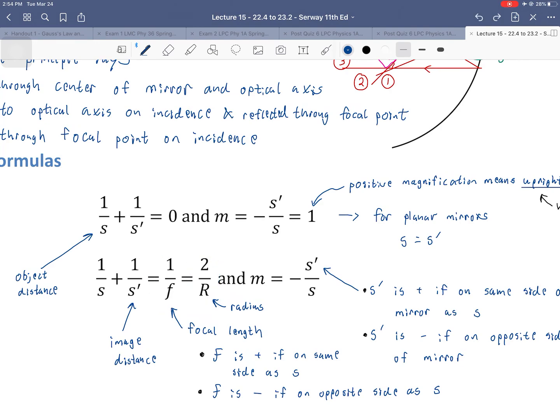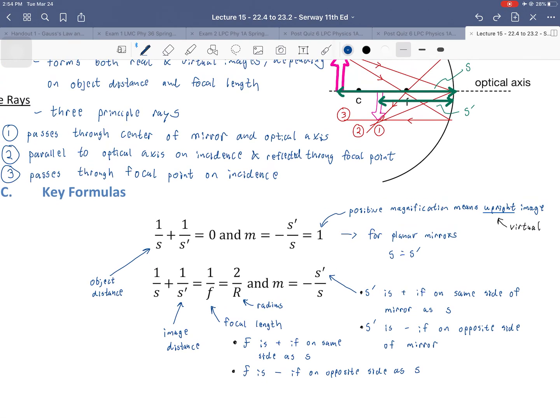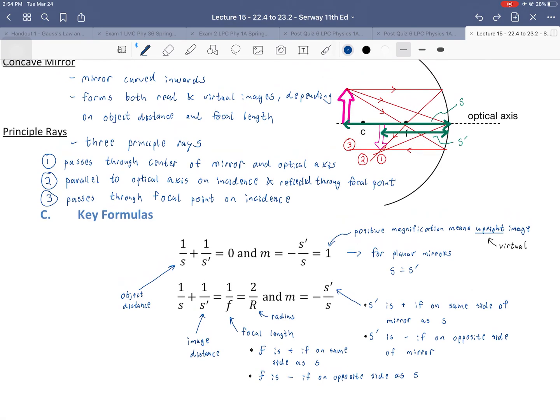But those sign conventions will take some getting used to. We'll have plenty of practice with them. We'll use them again with thin lenses. So just definitely be aware of them, look them up, have your own way of making sure that they make sense and you memorize them. And then, obviously ask me any questions as they arise. Okay, so with that, I'm going to conclude the second video, and then we'll come back in a third video to show